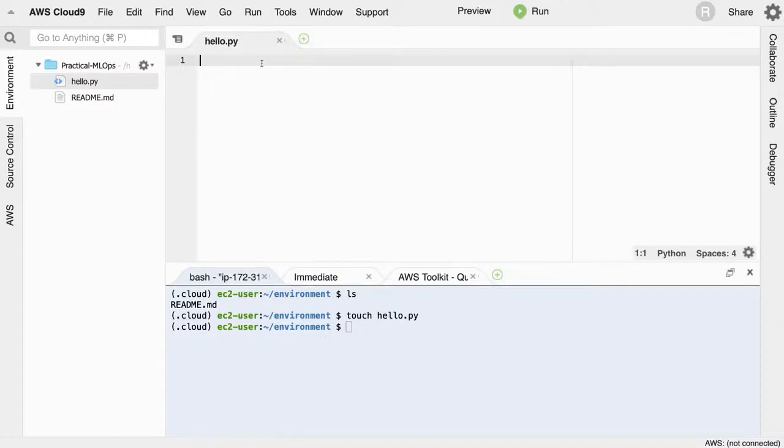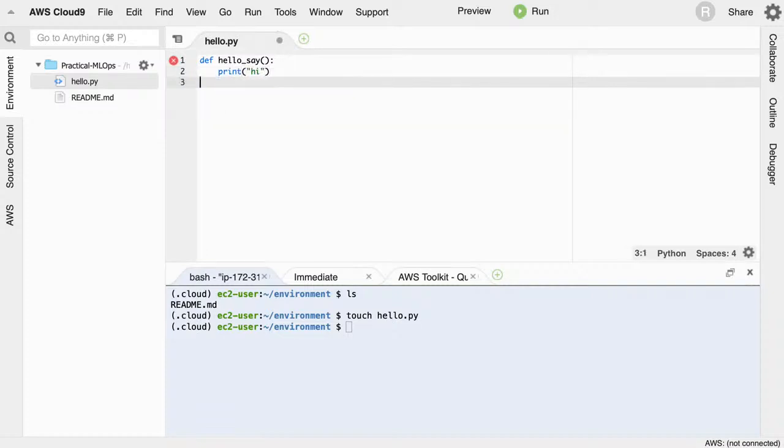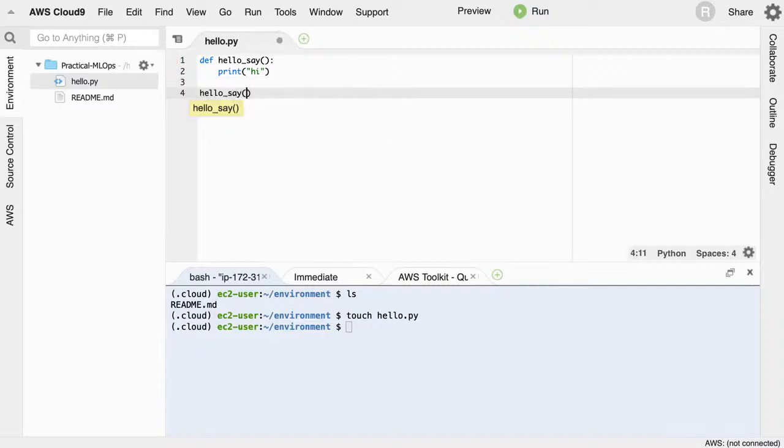And so again, if you're building AI applications, machine learning applications, this is a great environment to work with. So if we say hello, hello2, or hello say, or something like this, print, and we say hi, and then I can just say hello say, and it does auto completion for me,